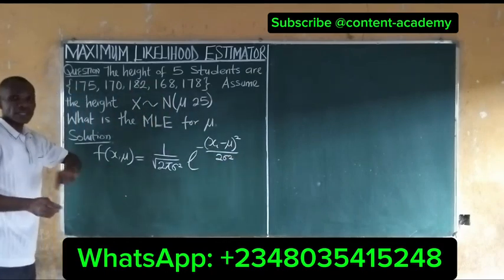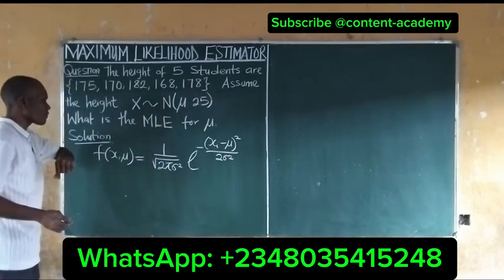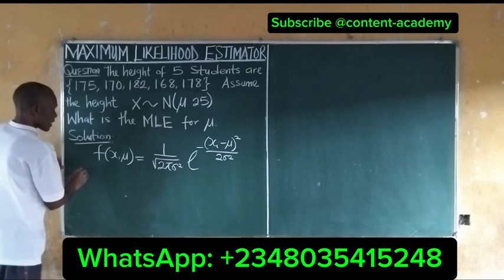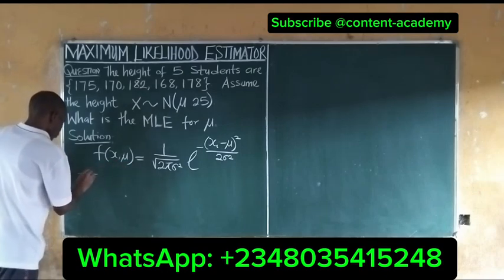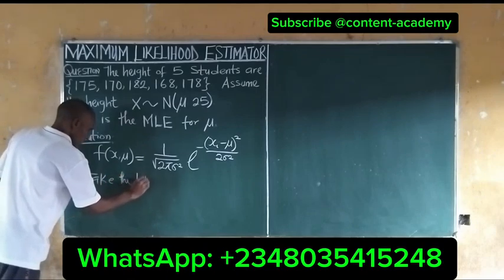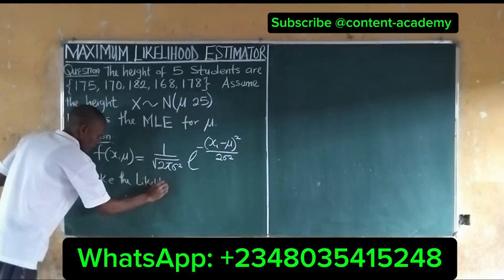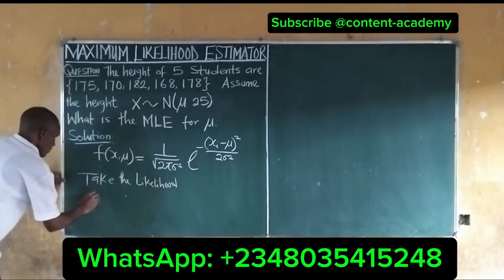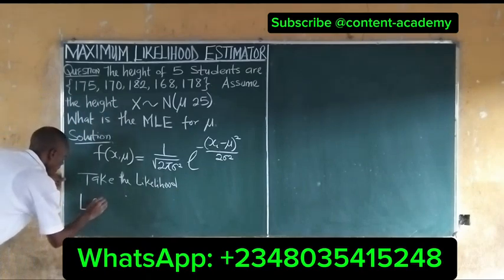So this is what we get. Now the first thing to do, since it's maximum likelihood estimator, is to take the likelihood of this function. So the likelihood